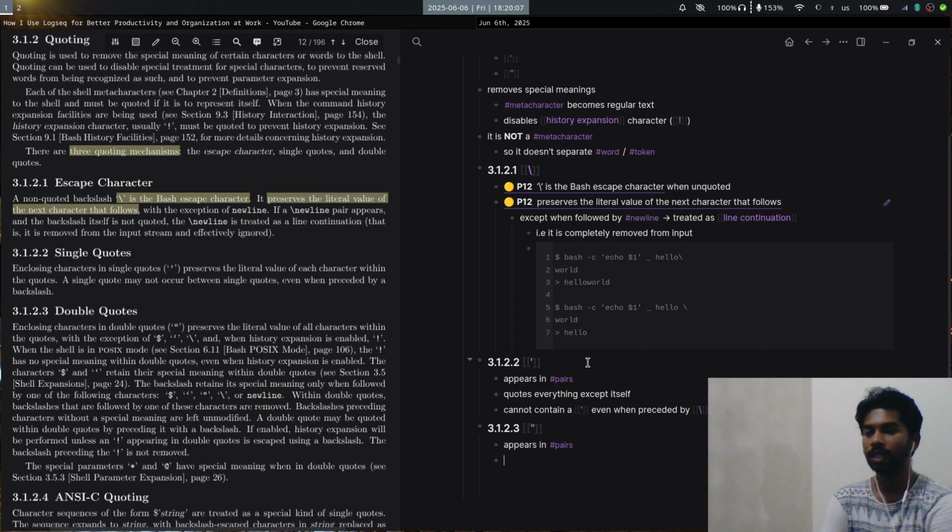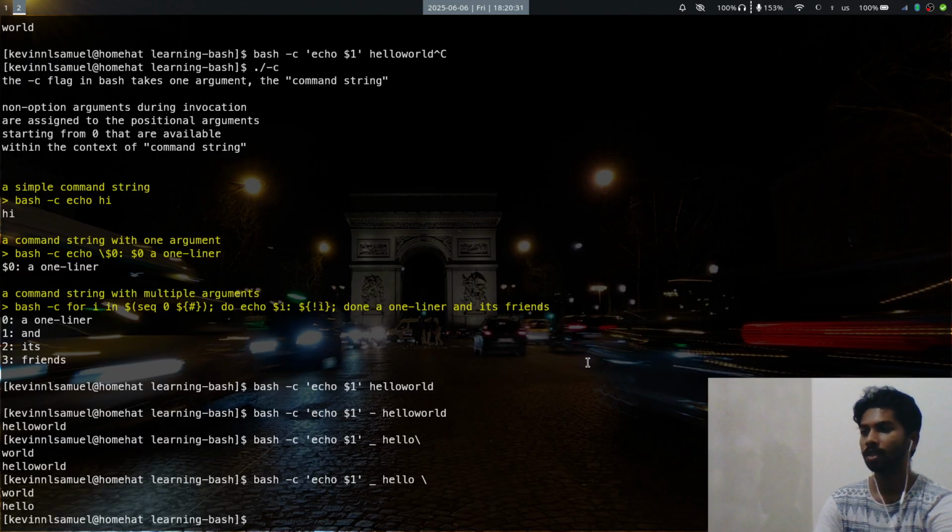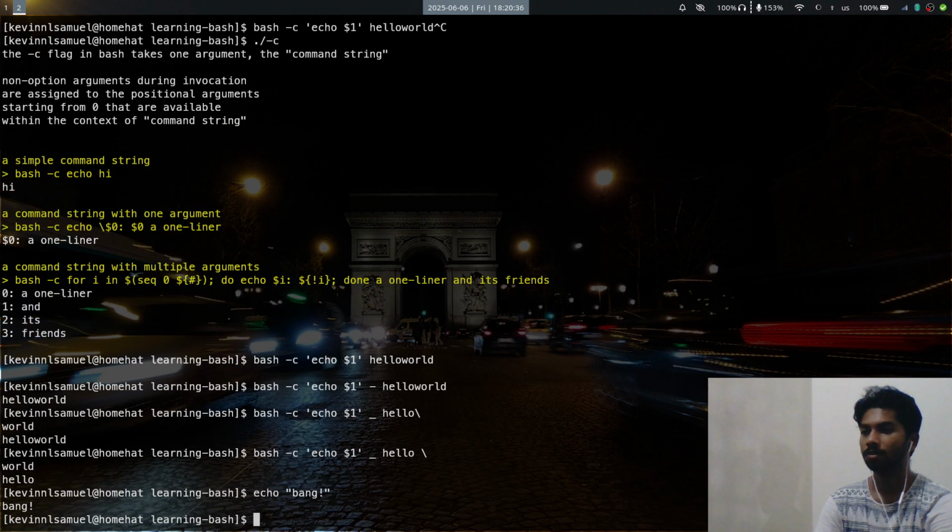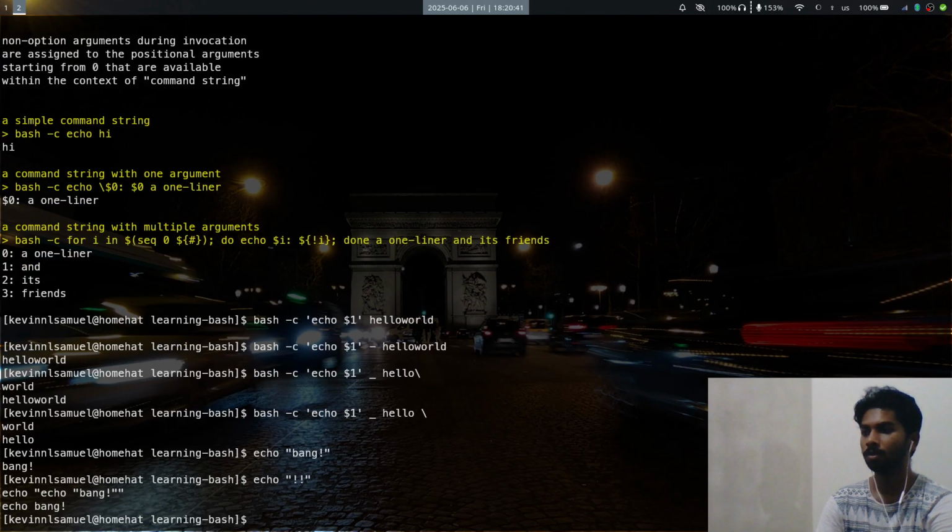Enclosing characters in double quotes preserves the literal value of all characters within the quotes with the exception of $, single quote, backslash, and when history expansion is enabled, the exclamation. Even the exclamation is exempt when it's not the first character actually, because if I were to say echo bang, it's exempt. Okay, let's try echo. Okay, so if it's the first character,